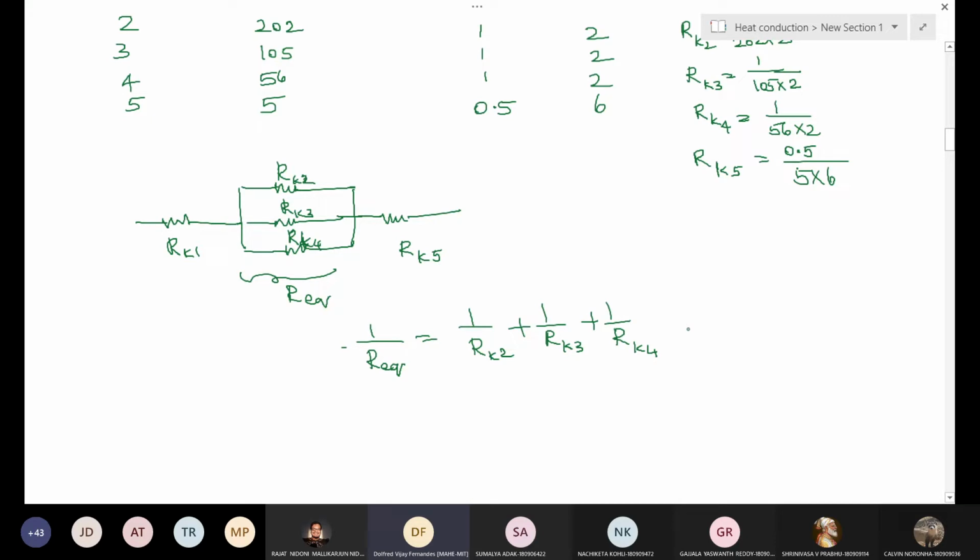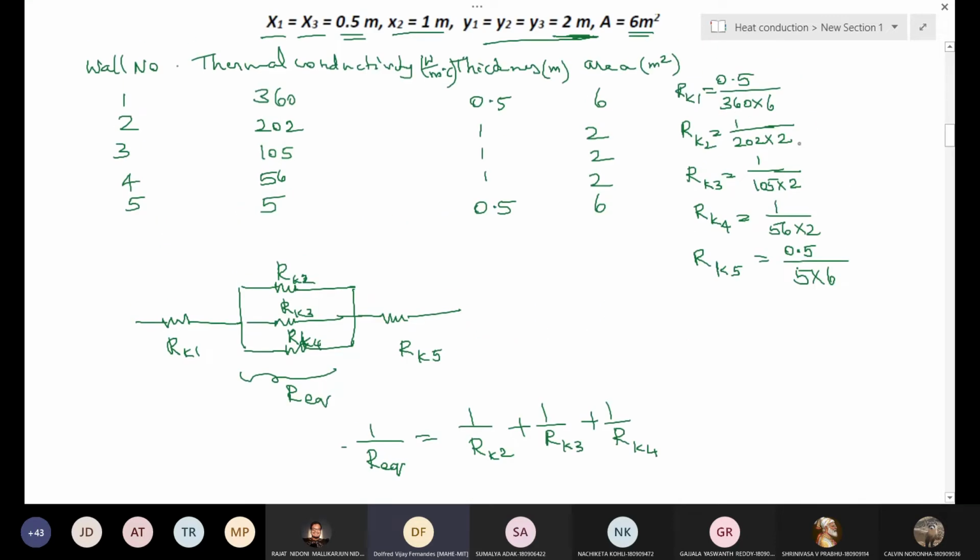So what do you get? Substitute those values, RK2, RK3, and RK4. Can you tell me these values here? You have a calculator, quickly calculate and tell me the values. Come on. RK1 is,